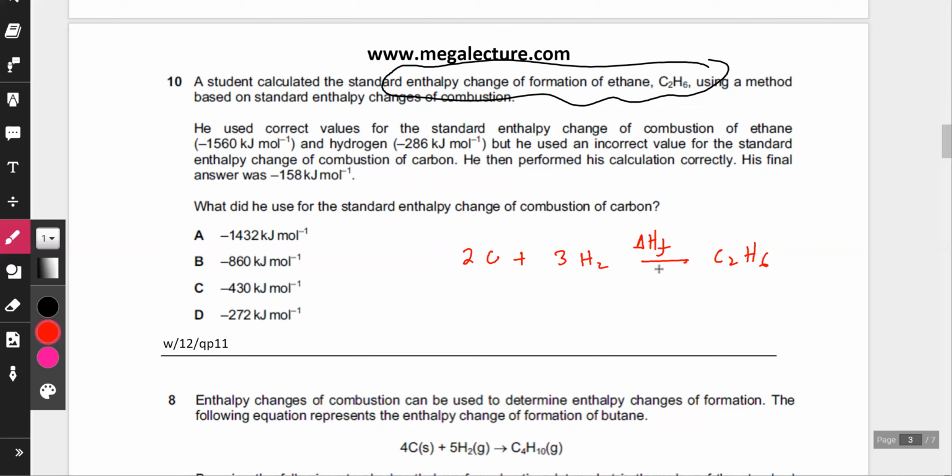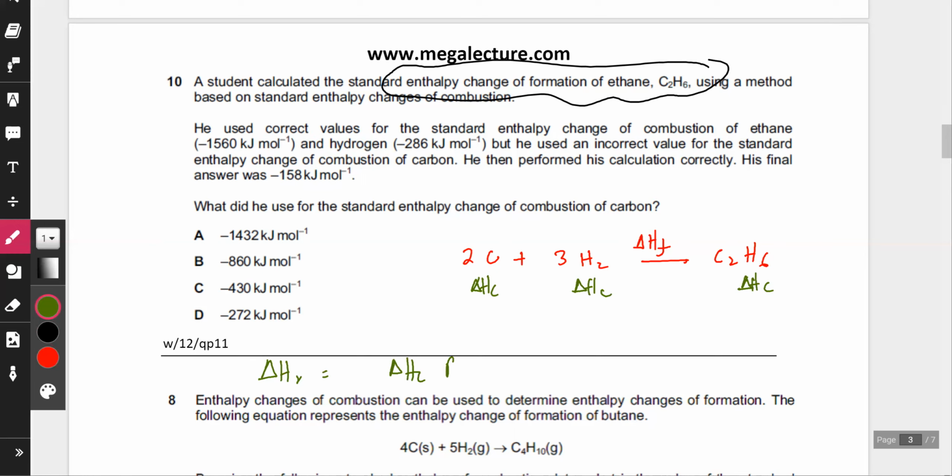Now, he's saying he used a method based on the enthalpy changes of combustion. Now, there's another formula, which is that if enthalpy changes of combustion are given, okay, that's the second formula. If you know in a reaction the enthalpy change of combustion of all the reactants and all the products, then the enthalpy of that particular reaction is going to be equal to the enthalpy of combustion